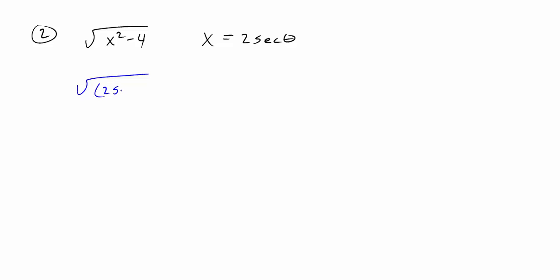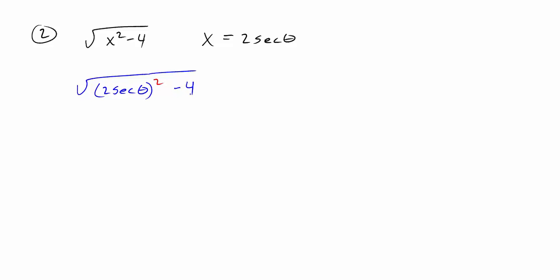All right, let's look at another example. If we have the square root of x squared minus 4, and they tell us that x is equal to 2 secant theta, once again, we want to use this trig substitution. So in place of x, we're going to plug in 2 secant theta. So that means we would have 2 secant theta, and again, this is the whole quantity squared